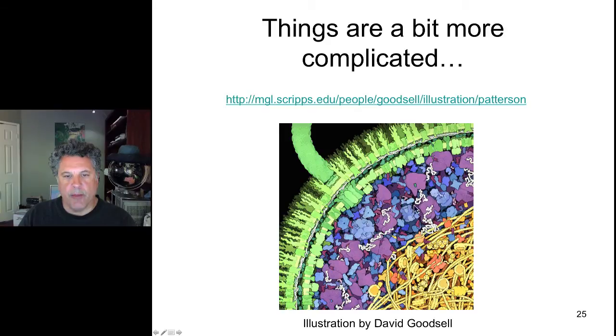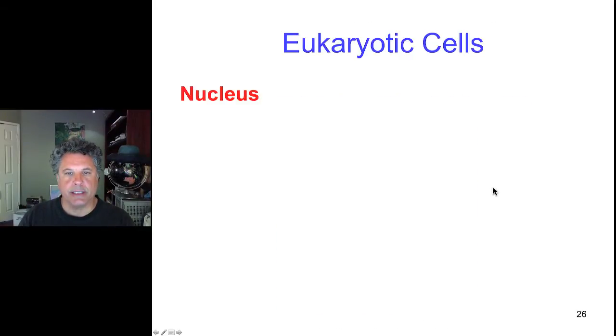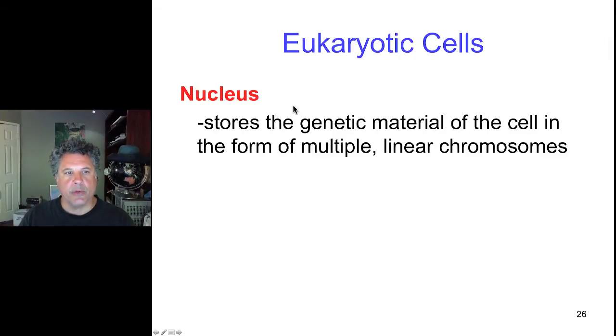So the number of interactions that are going on here are astronomically large. Here is shown numerous known proteins. Here is the bacterial DNA wound around certain structures. So things are a bit more complicated than we tend to draw them in our introductory biology classes. So let's move on and talk about details of certain organelles inside eukaryotic cells now. And let's start with the nucleus.